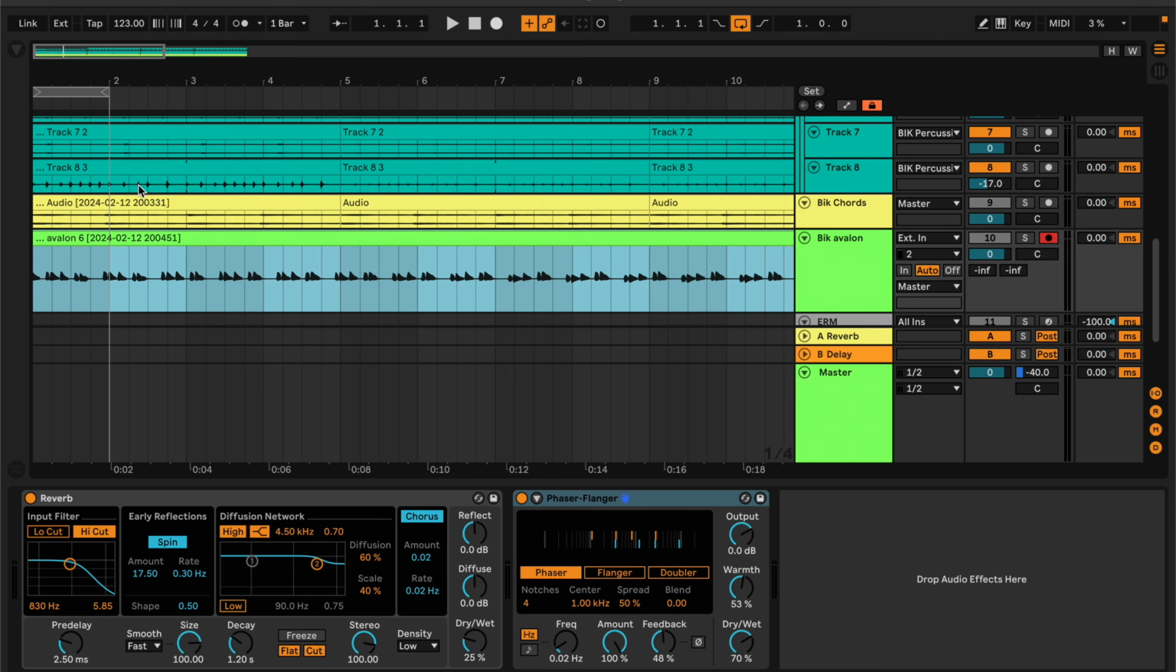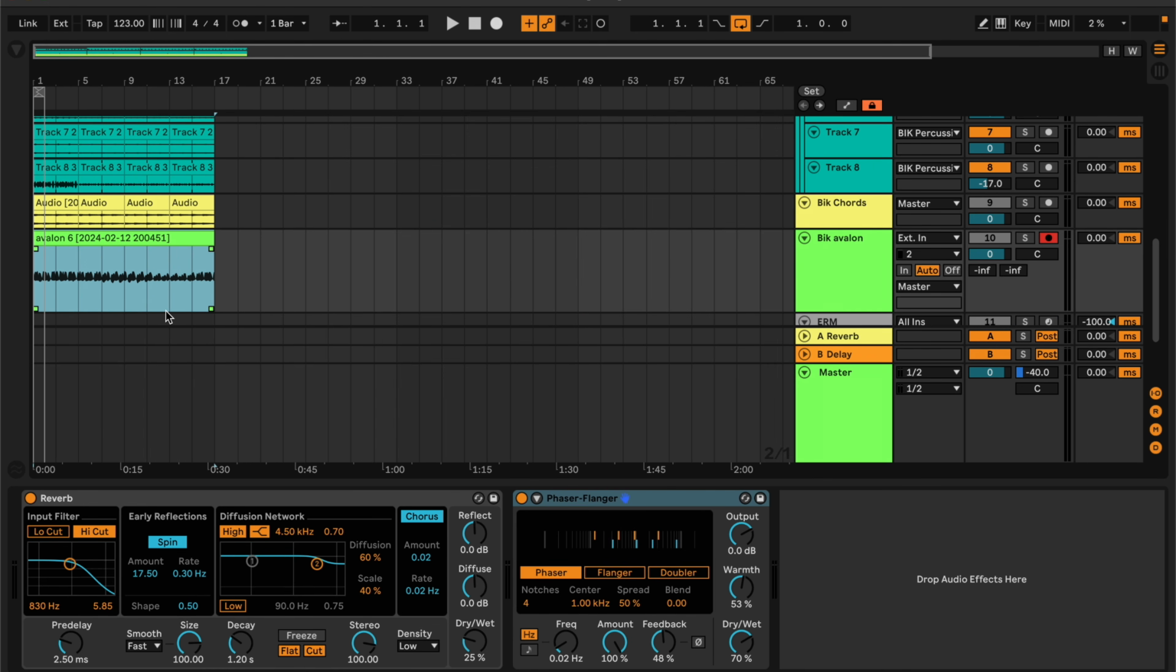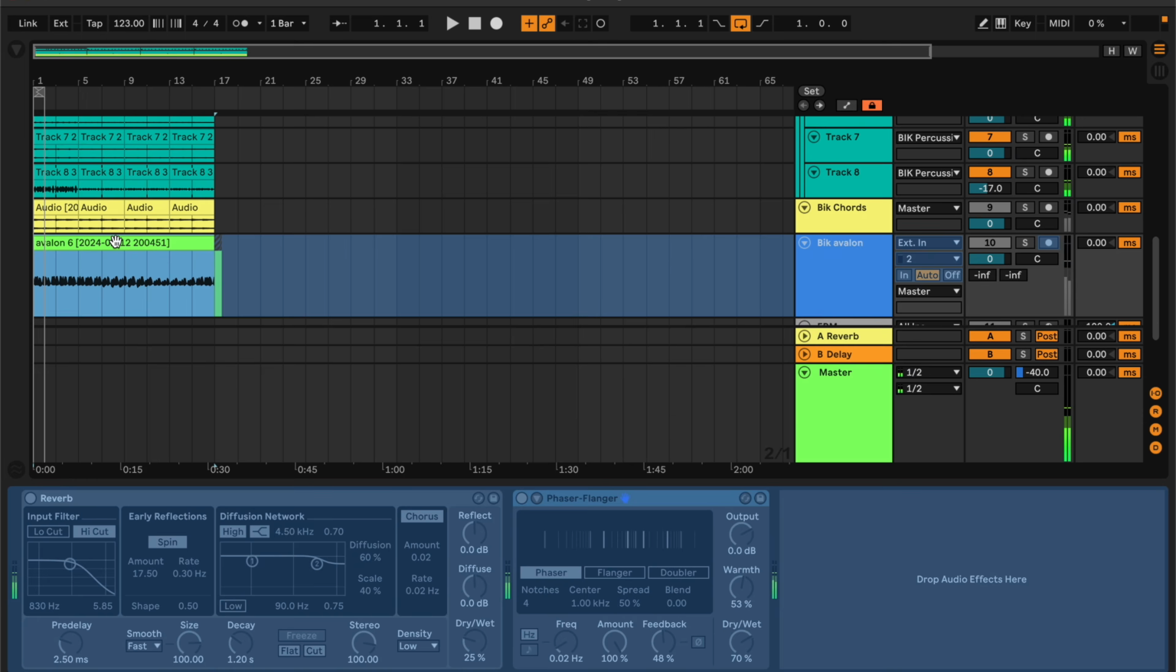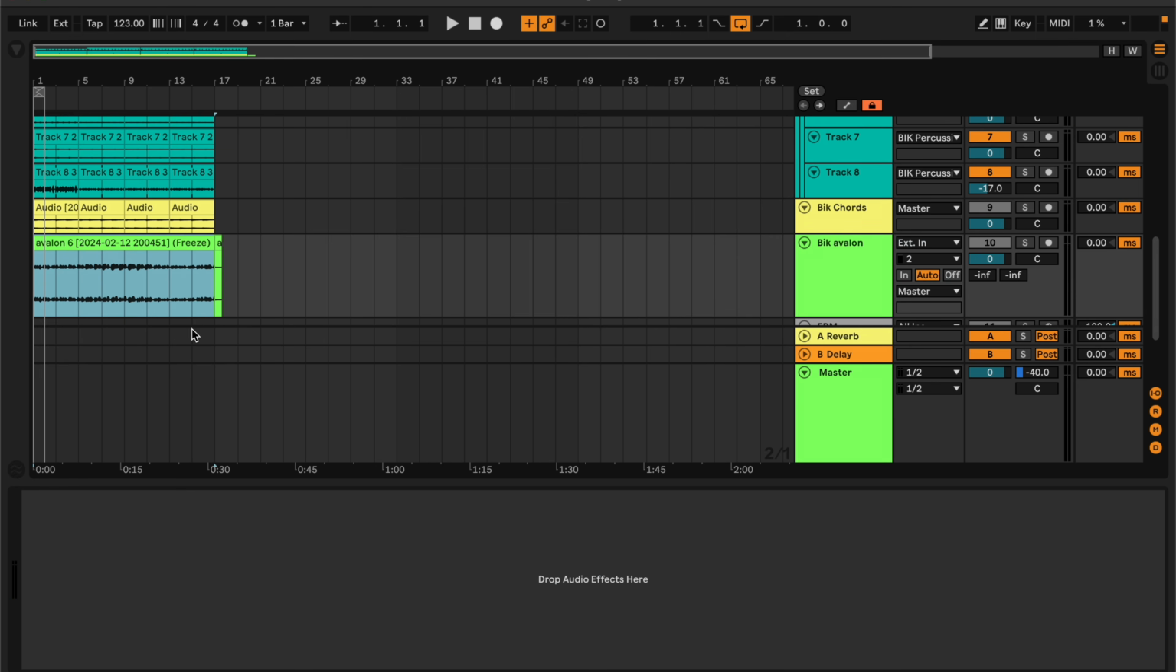And you know what, while I'm here, I'm realizing that this Avalon has a bunch of different stuff on here that I wanna make sure gets in there. So I need to go ahead and do the same thing. Freeze and flatten. Now, here's another super crucial thing. Make sure that your interface or whatever it is set to